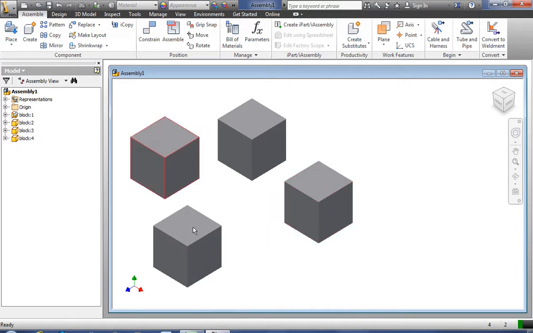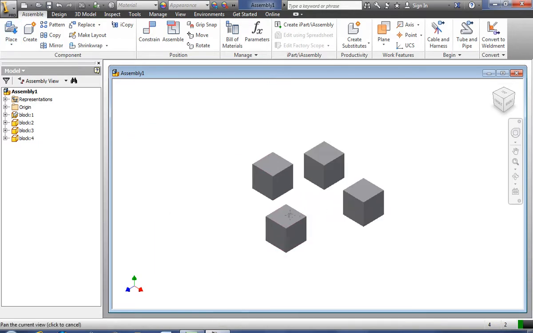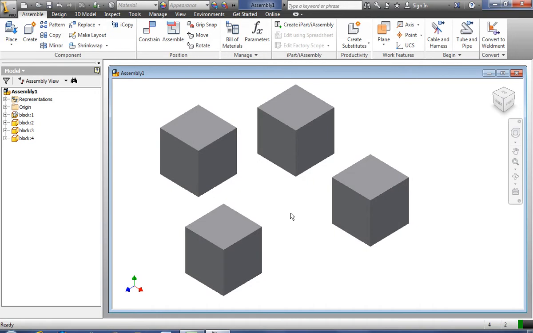And now you can see that I have 4 blocks that I'm going to be using in my assembly because my part, the puzzle part that I'm making, has 4 blocks in it. Remember, each one of your puzzle pieces has to have 4 to 7 blocks. Okay, so I want to divert your attention over here to the browser bar, and I want you to look